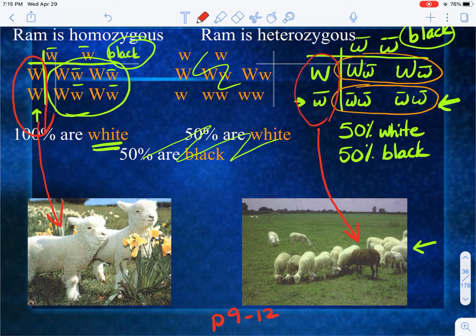Okay, I will send you off to work on page 9 to 12 in your notes, and you can check the key, and happy crossing. We're going to practice the monohybrid crosses, do some